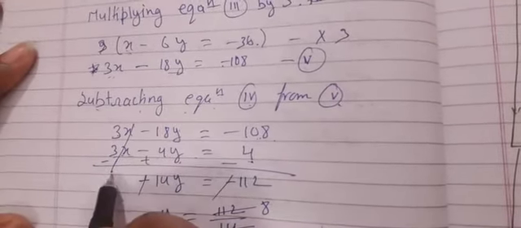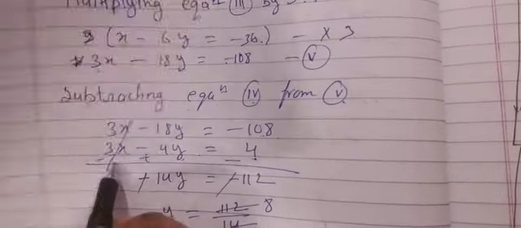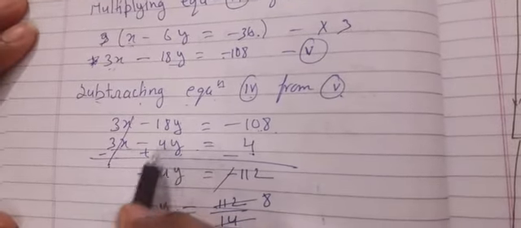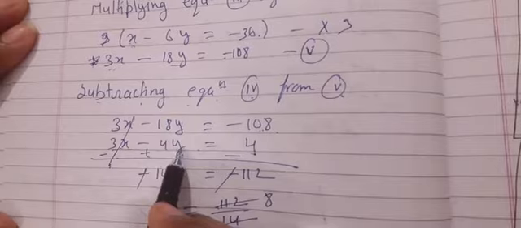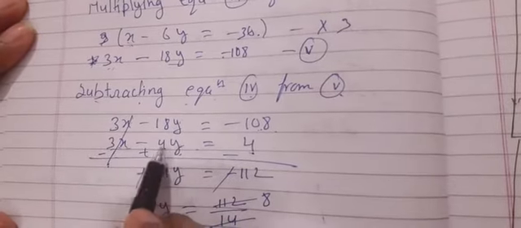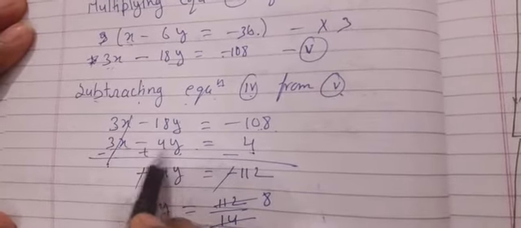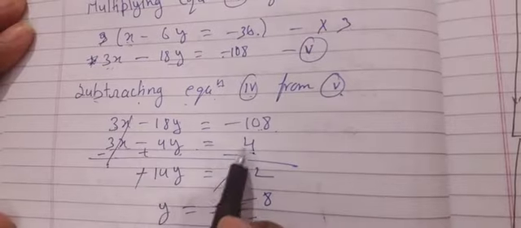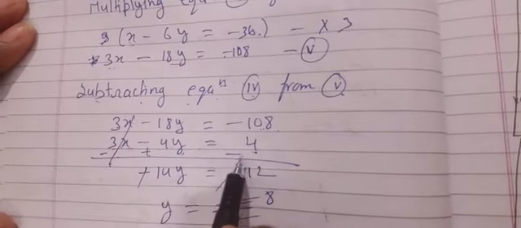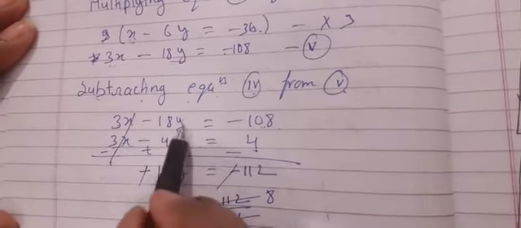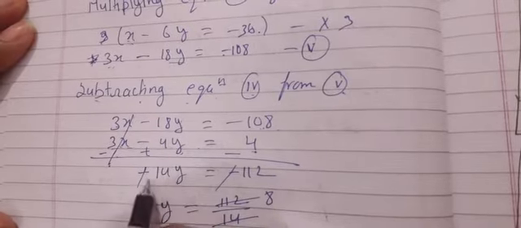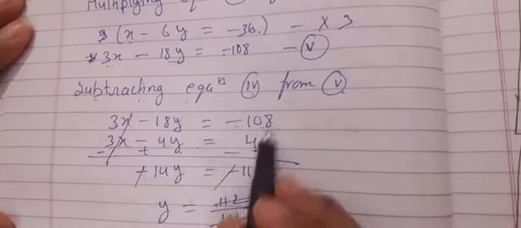This plus became minus and this minus became plus, and this plus became minus. Now both are cancelled. It means our x variable is eliminated. Now minus 18y plus 4y means what? Children, be careful. Now 4y is not with minus, now 4y is with plus, and this 4 is not with plus sign, now this 4 is with minus sign. So minus 18y plus 4y is what? It is minus 14y, and minus 108 minus 4 is what?